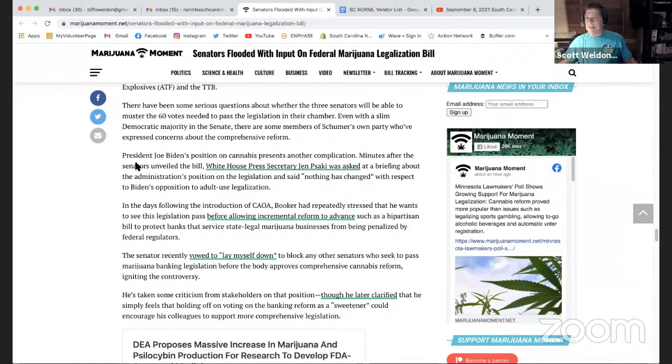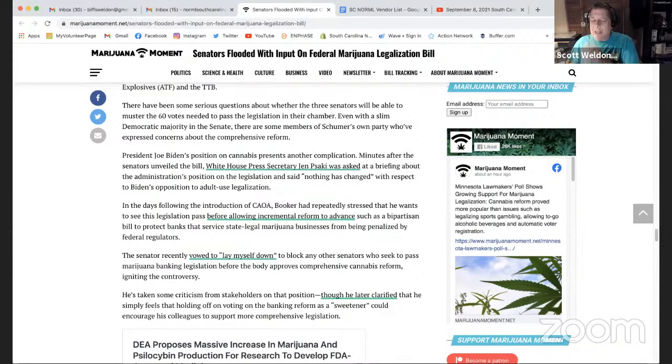Now, yeah, this is another kind of important thing. President Joe Biden's position on cannabis presents another complication. Minutes after the senators unveiled the bill, White House Press Secretary Psaki was asked at a briefing about the administration's position on legalization and said nothing has changed with respect to Biden's opposition to adult use legalization. I believe Biden's position was descheduled or rescheduled to like Schedule 3, which is absolutely not acceptable. He needs to do better. But